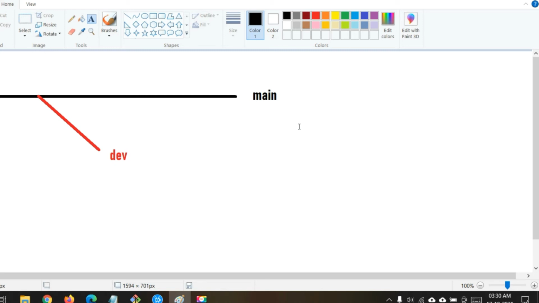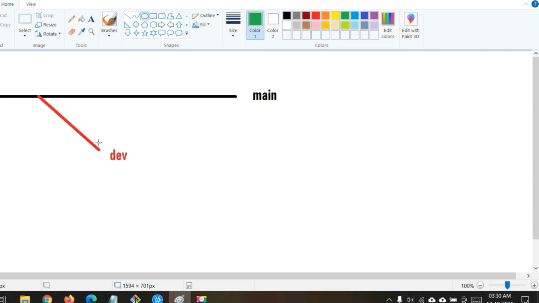So once I am done with my work on the dev branch, I can push all the changes I made to the main branch. Normally this process of pushing changes from one branch to another is called merging of the branch. So we are going to merge the branch from dev to main. I'm going to show you how you will merge these two branches.